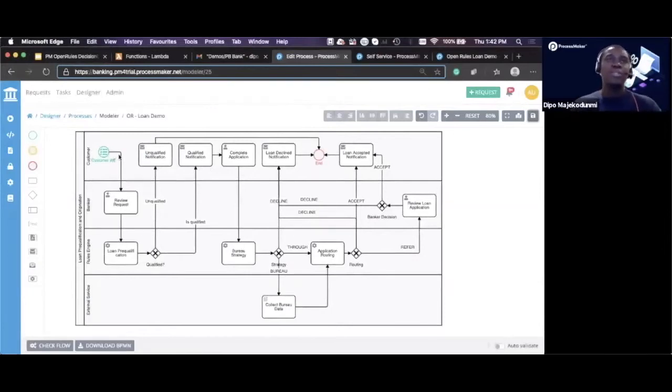Web entry is a building block that we have within the platform that allows you to embed a form within a website or have a direct link you can share with people to fill out the form without having to log into the platform. In this use case, the customer starts by filling out that form, and then we send it to the banker